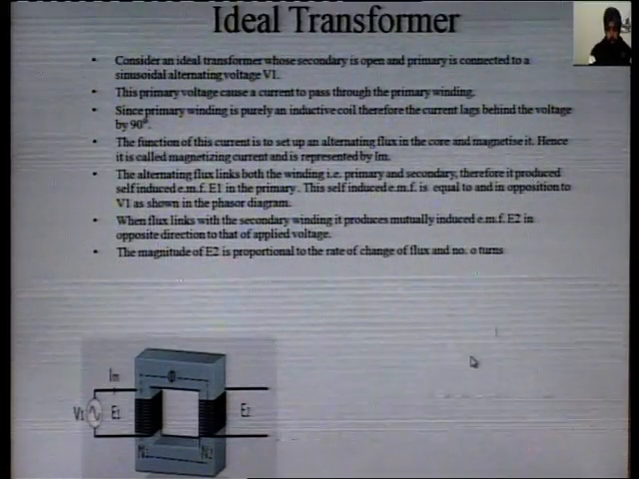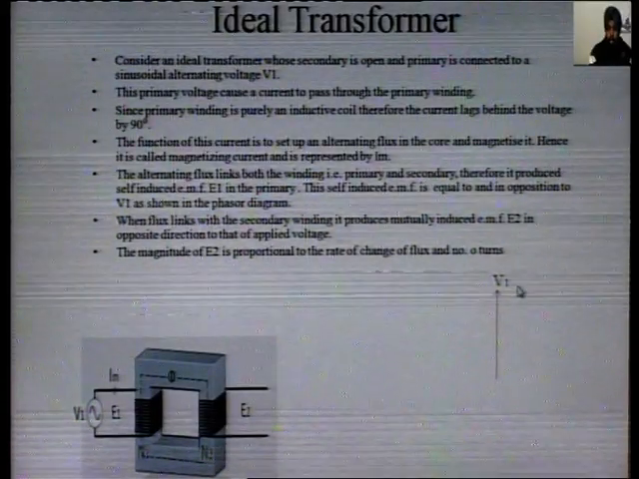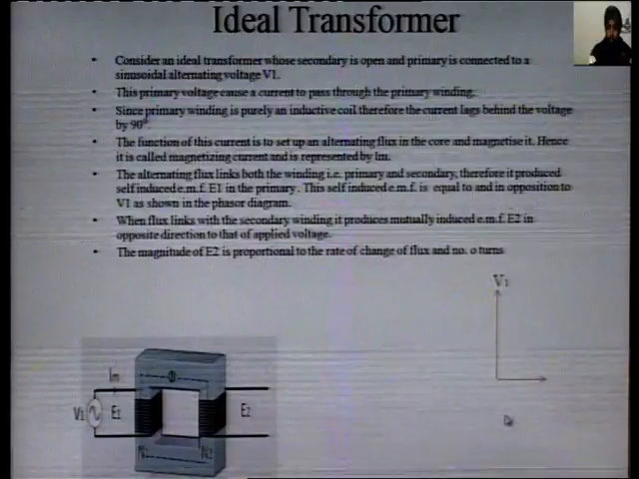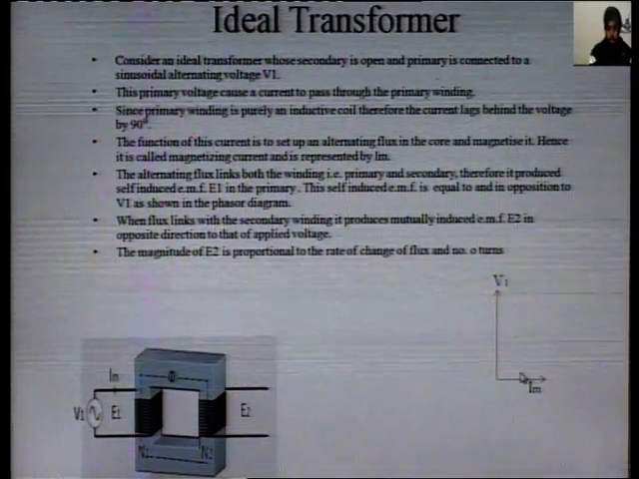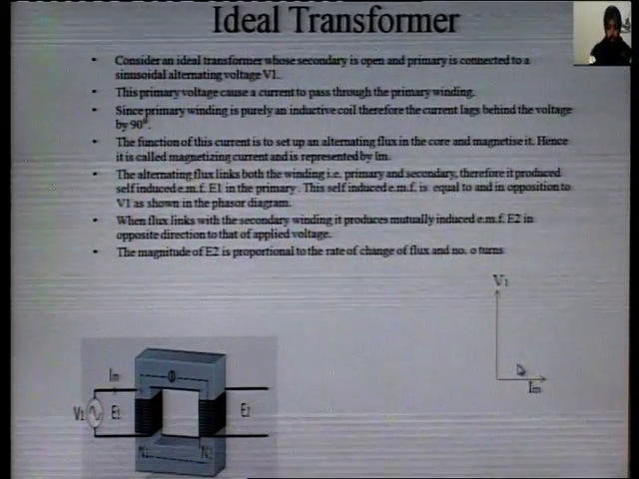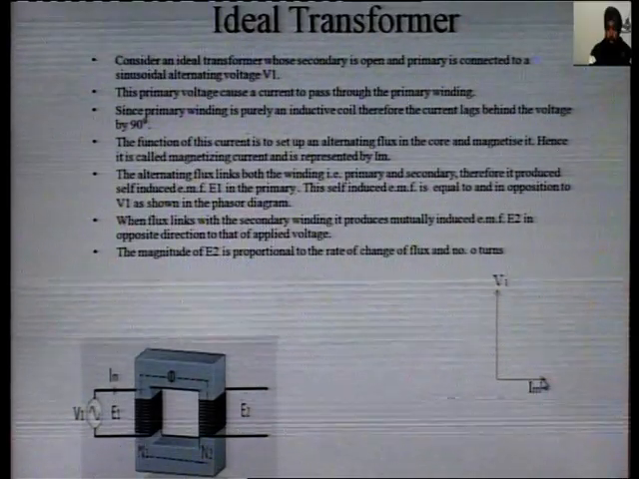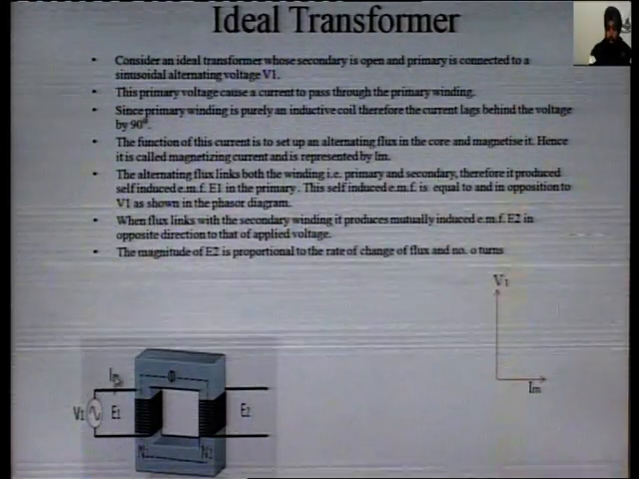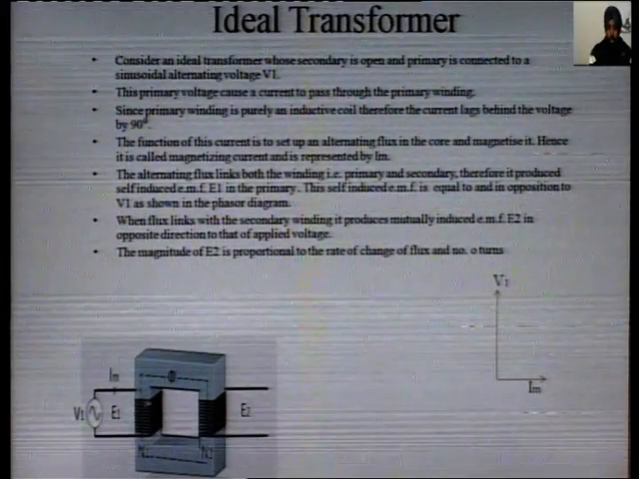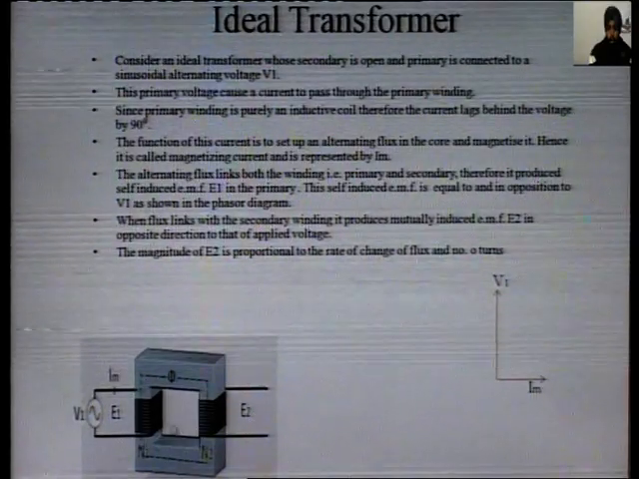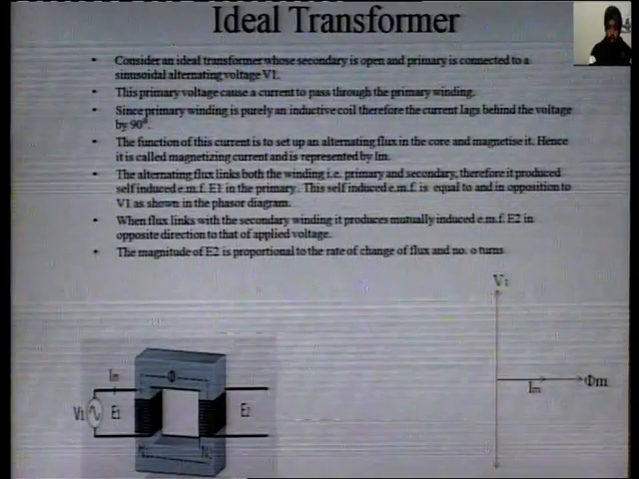So first, the primary voltage is taken as a reference vector, and Im lags behind the voltage by an angle 90 degree. The function of this current is to set up the alternating flux in the core and magnetize it, that is, to produce magnetic flux in the core in the same direction. EMF induced,